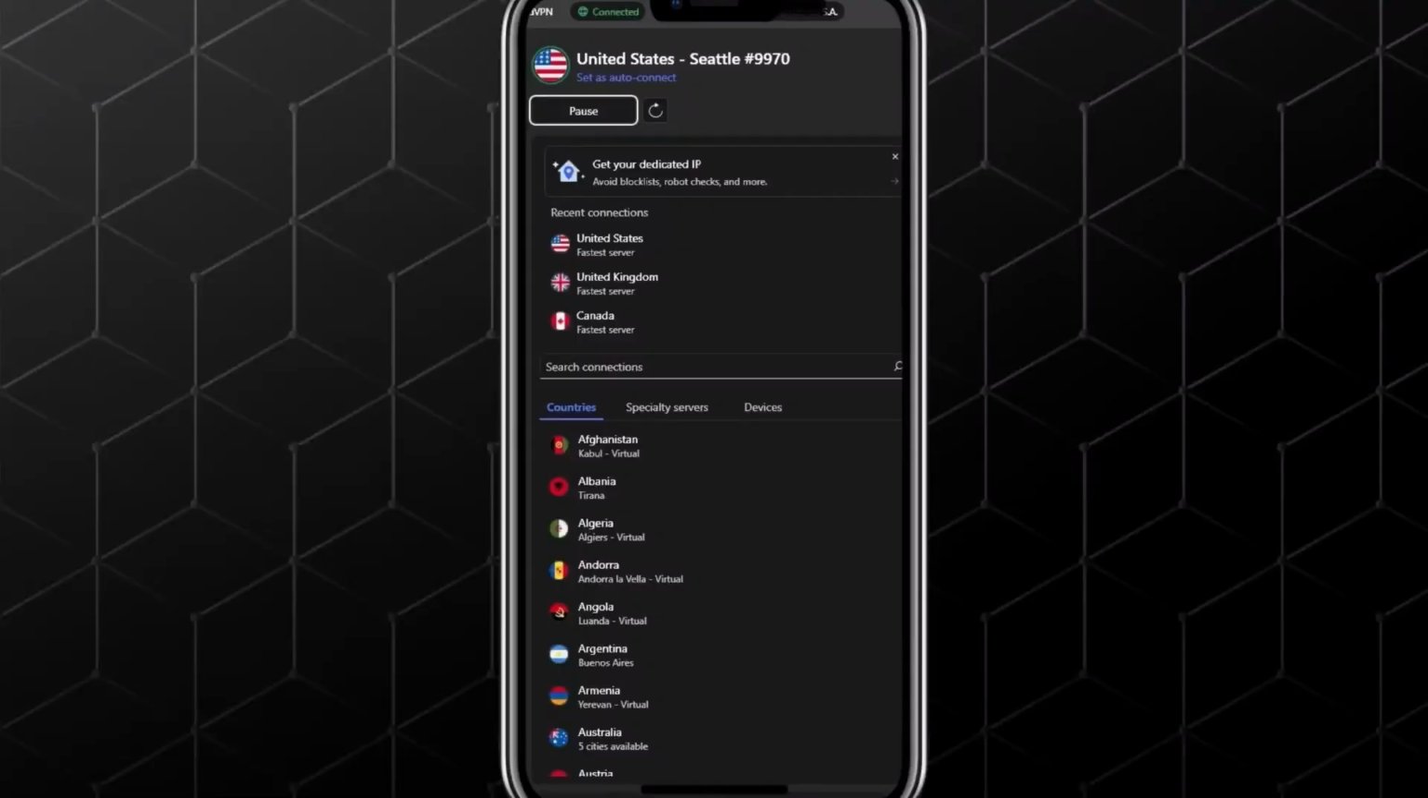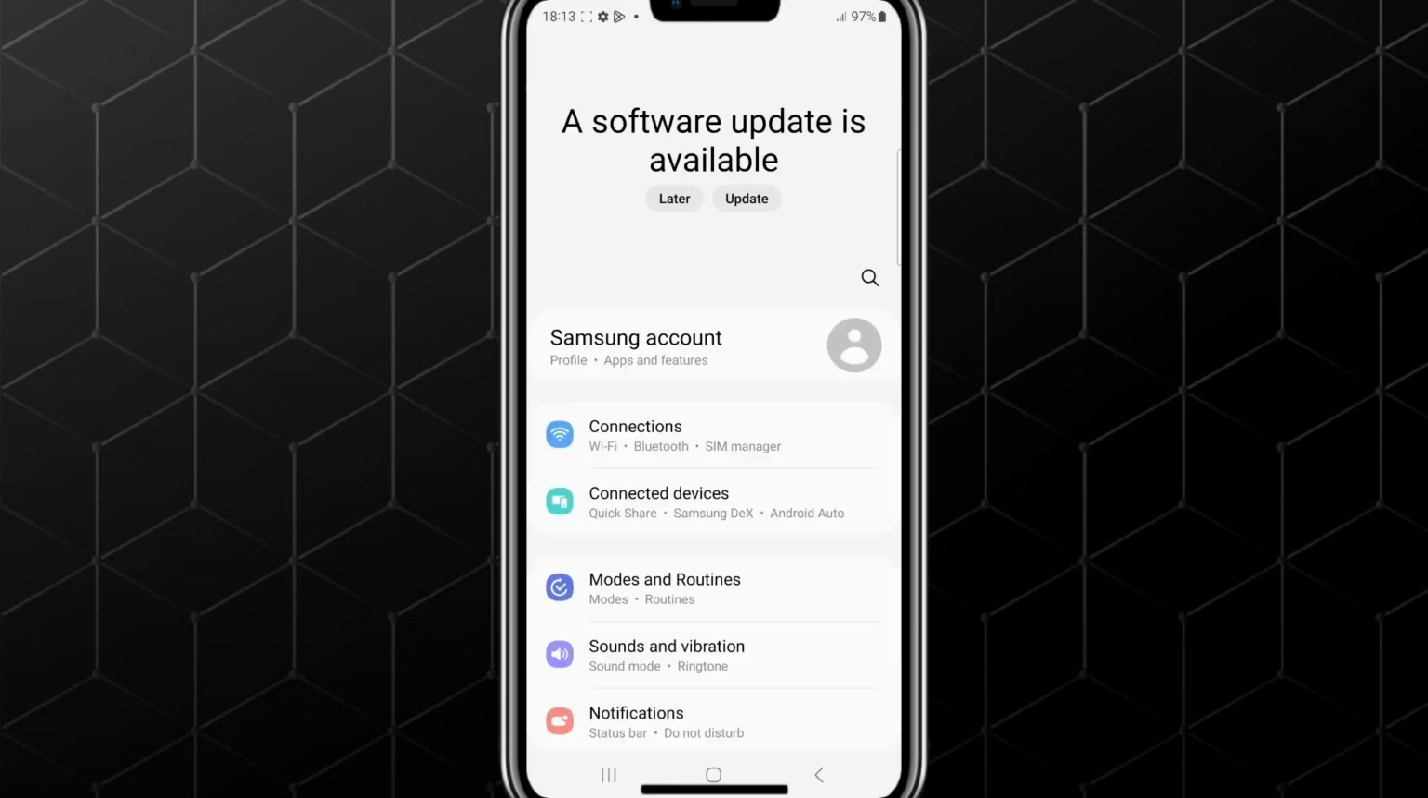Once you're logged in, connect to a VPN server of your choice. You can pick a nearby server for better speed, or another country if you need access to region-based content in games or apps. Now, once NordVPN is connected on your phone, the next step is to share your phone's internet